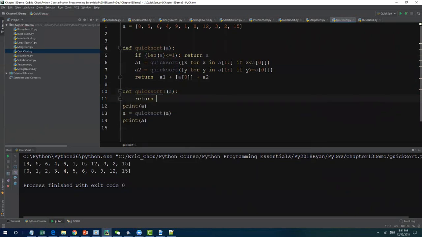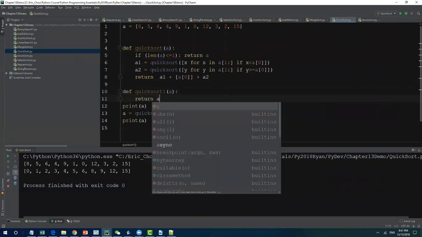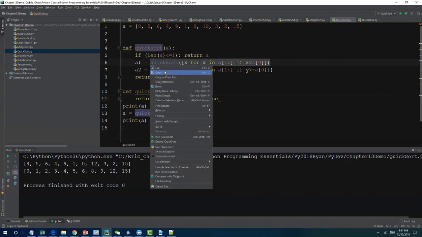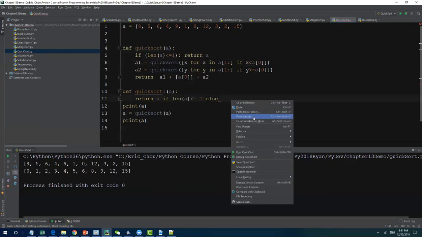So return A if the length of A is less than or equal to 1, and then else do what? Else do this one, quicksort, copy here,